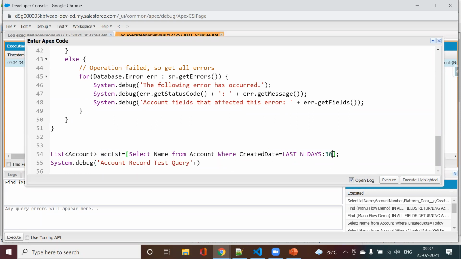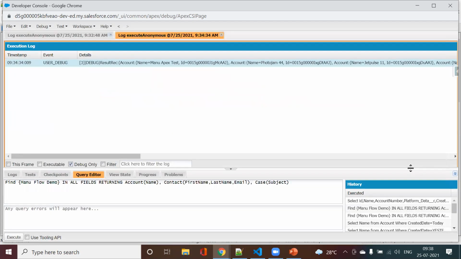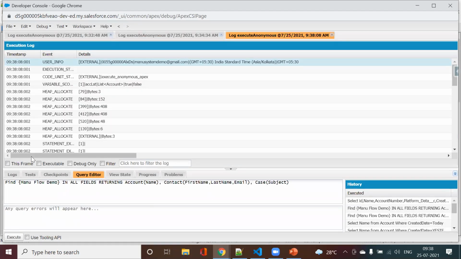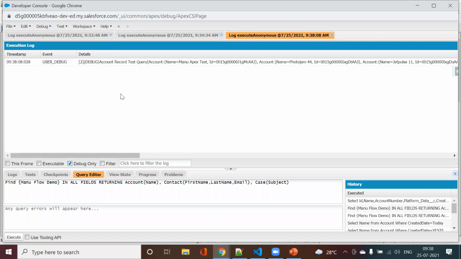Let us try to share, maybe if you want, we can change the filter also. Maybe, okay, let us just keep it the same. So here if you see, I have done the same thing that I did with dynamic query.